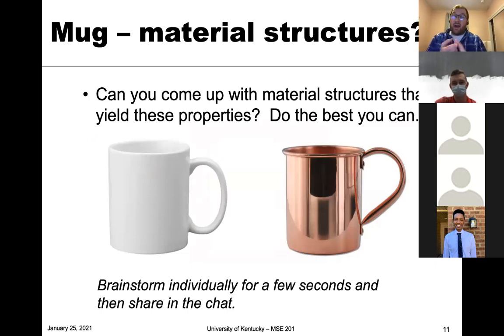We talked about material properties. So thermal conductivity, ductility, porosity, all those things. So what I want you to think of now, and this might be the stretch because this is what we're going to learn in the class, but I want you to think of if you can come up with any material structures that would result in those properties, which give you that performance. So again, you might not have an answer here, but see if you can come up with any material structures.